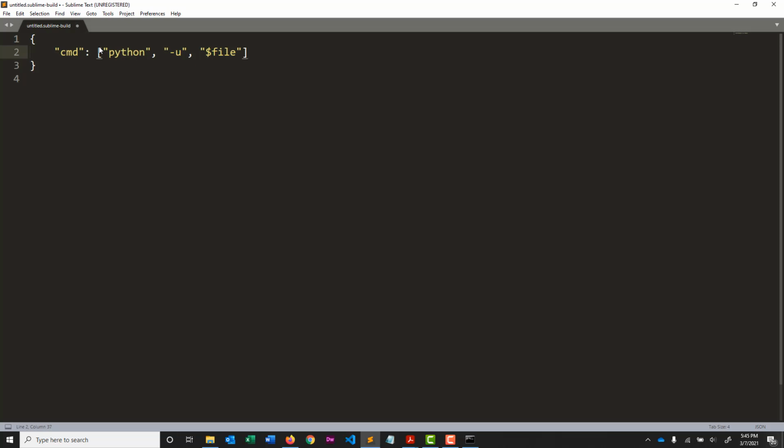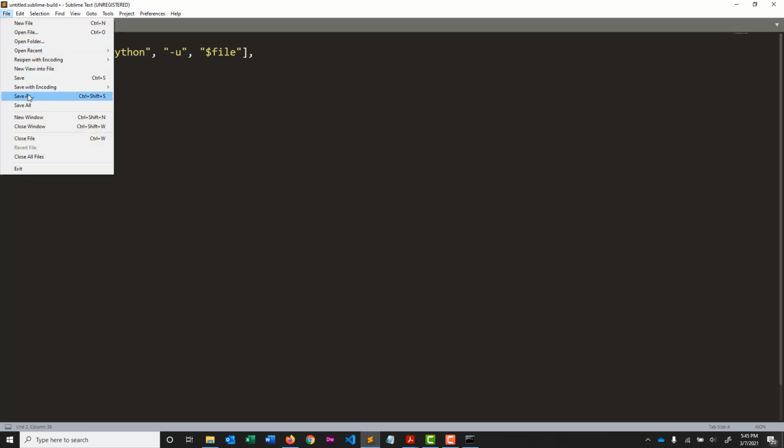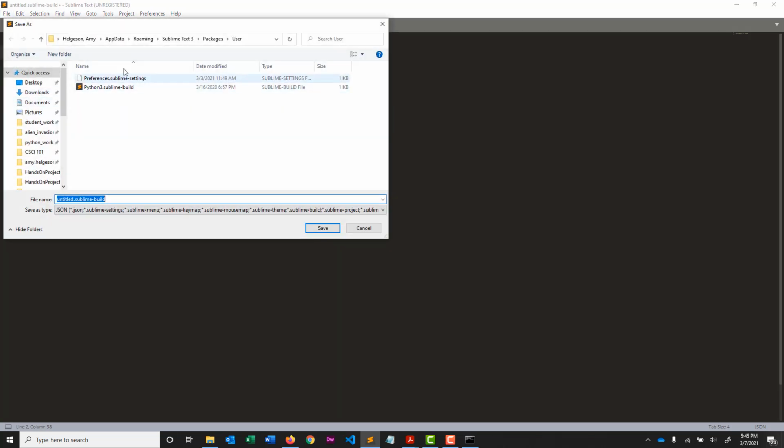Okay, and then make sure you don't miss the comma that is at the end. Now when you save this file, you'll go File, Save As, and you will not touch this directory. It needs to be installed where Sublime wants to install it. You're going to name it